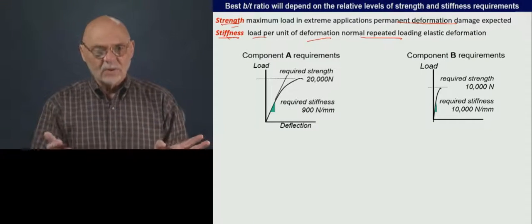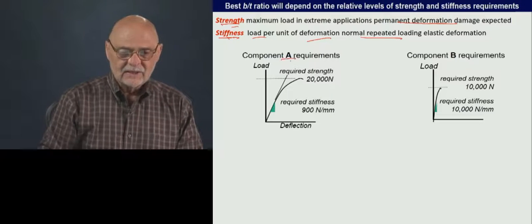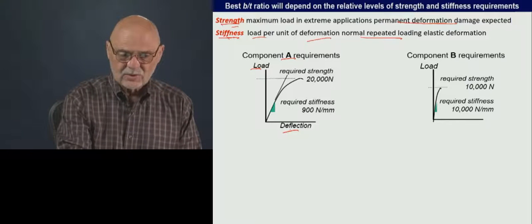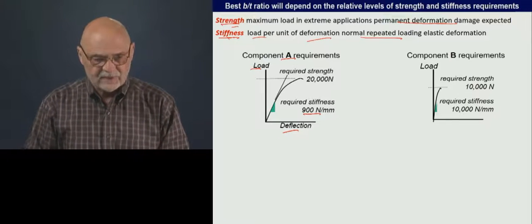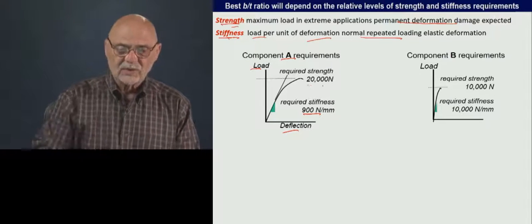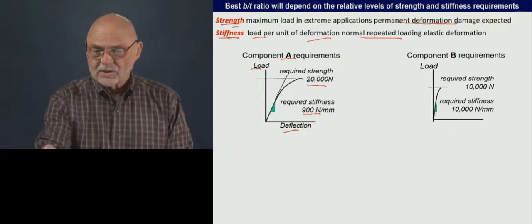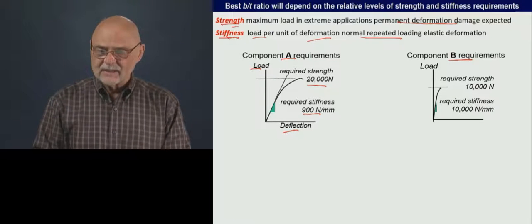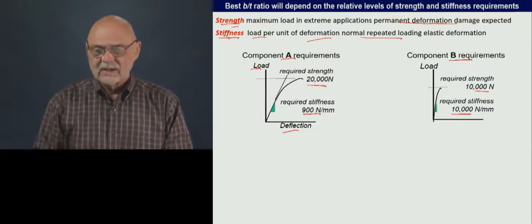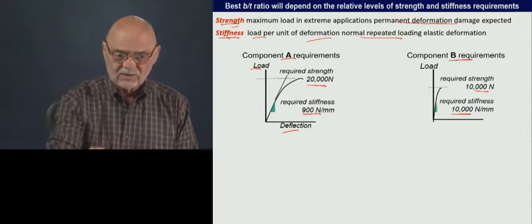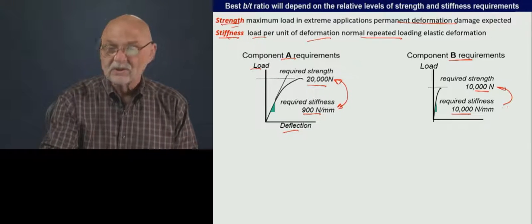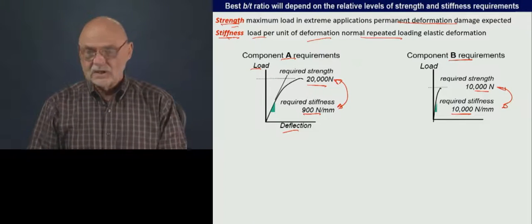And so here's a couple of different components. Here's component A, and this is the desired load deflection curve that we have. In this one we have a required stiffness of 900 newtons per millimeter and a required strength of 2,000. And here's another component, B, that has a required stiffness of 10,000 and a required strength of 10,000. So you can see the ratio between the strength and the stiffness is very different for these two